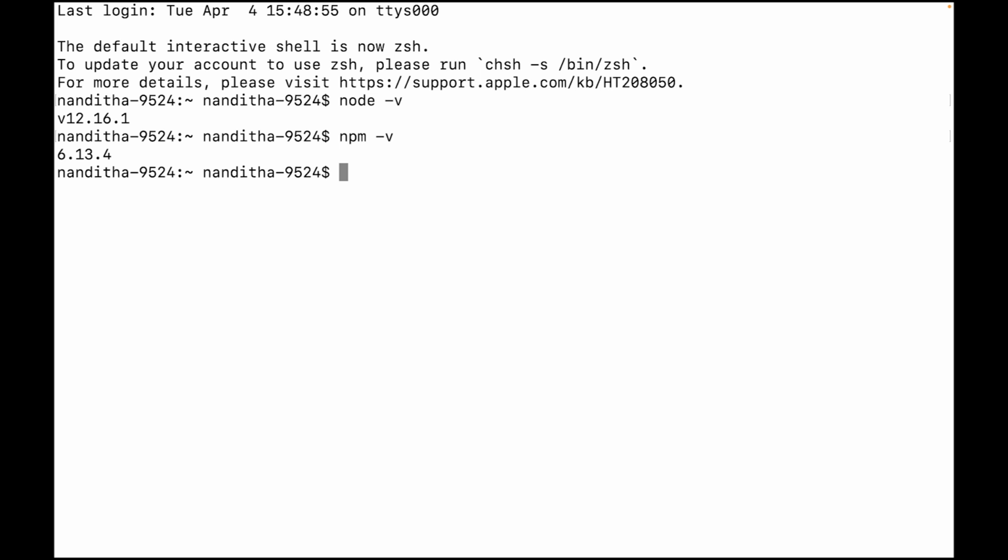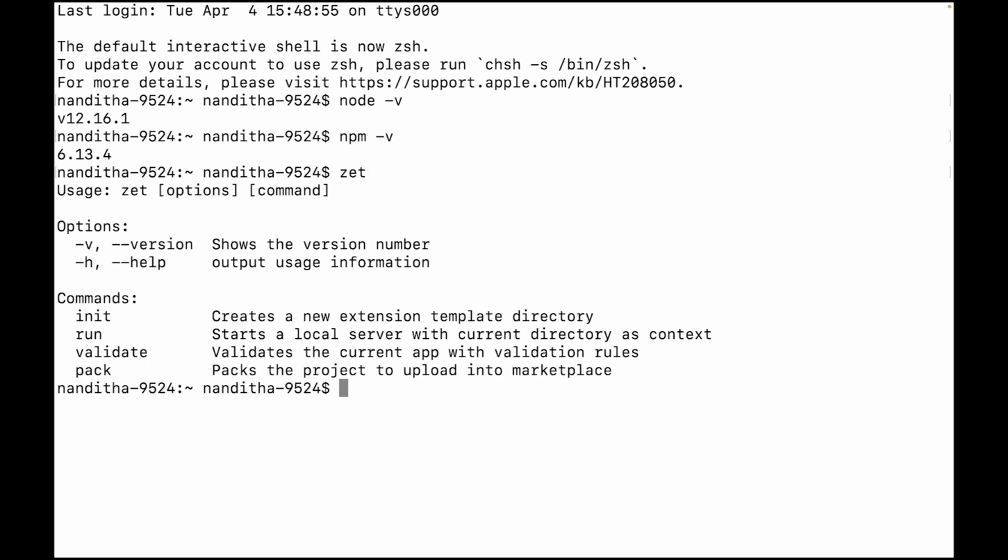We also saw that we have installed the ZCLI, right? In order to check if the installation of ZCLI was successful, you can simply use the command z. When you use the z command, it will display certain basic options and commands. And these are the commands which we'll be using for our next step, that is going ahead and creating a